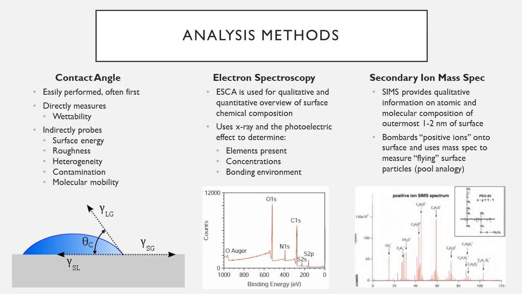The next two methods are both vital for providing qualitative and quantitative overviews of the surface chemical composition of material. The first one is electron spectroscopy, which I sometimes also see referred to as X-ray photoelectron spectroscopy. This one is based on the photoelectric effect, first described by Albert Einstein at the turn of the 20th century. And it really relies on complex instrumentation and vacuum chambers to bombard materials with X-rays. And then using the photoelectric effect, it can determine the elements present, the relative concentrations, and also the bonding environment